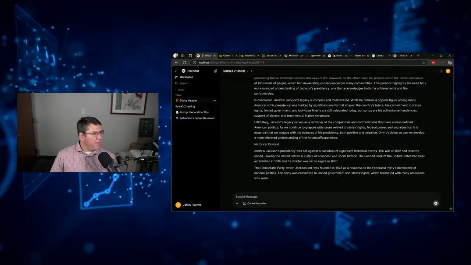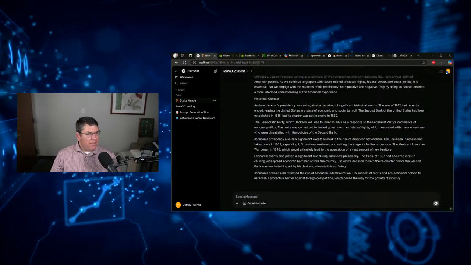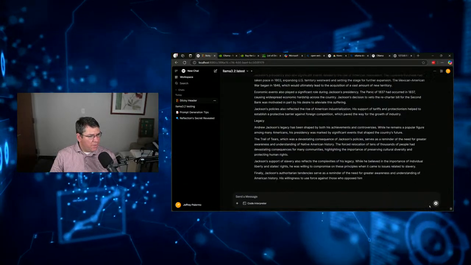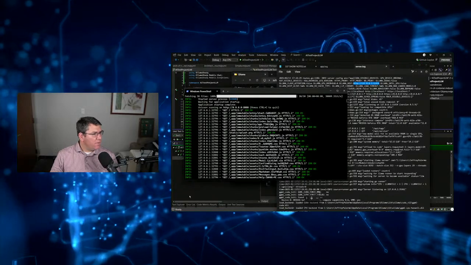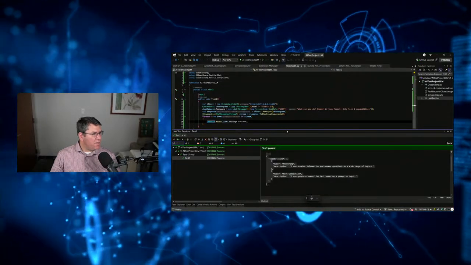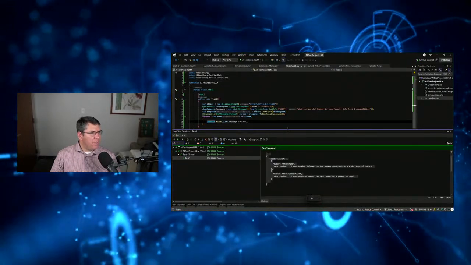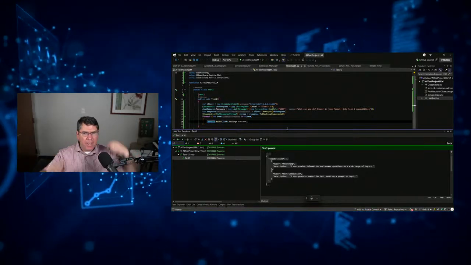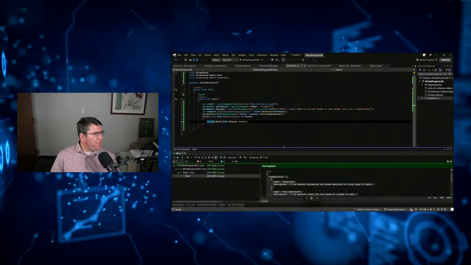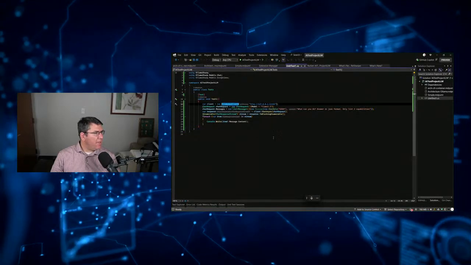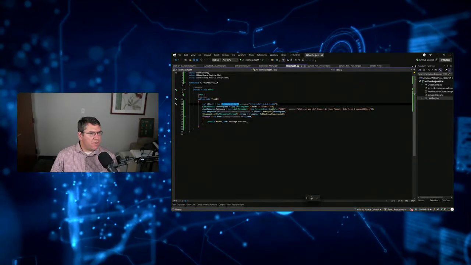All right. So let me stop that. Now, what I want to do is show you in Visual Studio what's more interesting, which is how do we integrate it with our applications? How do we integrate it? And we do it by using the Ollama API client, which is provided by